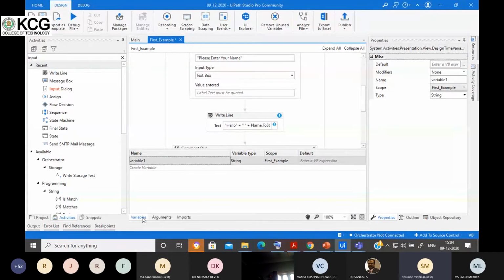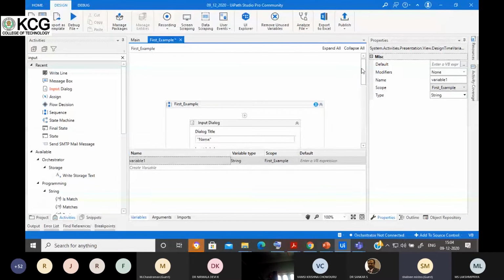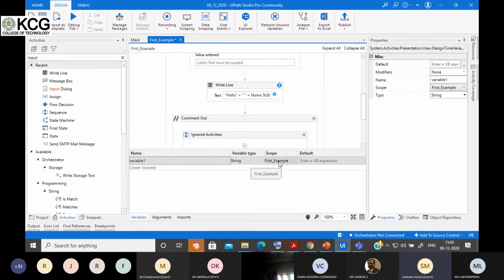Whenever you create a variable, you can use this particular variable only inside this particular workflow, whether it is a sequence, flowchart, or state machine. So you can use the variable inside this complete workflow, meaning the scope you have assigned.